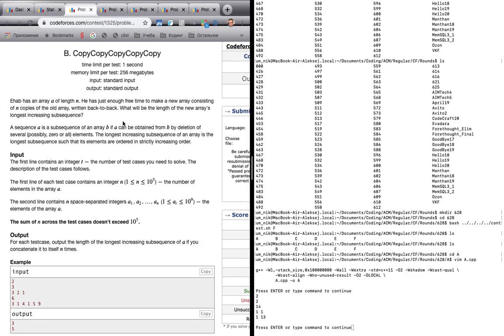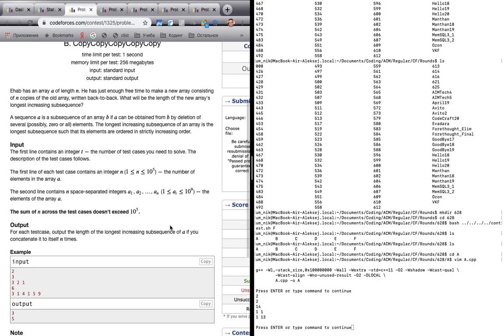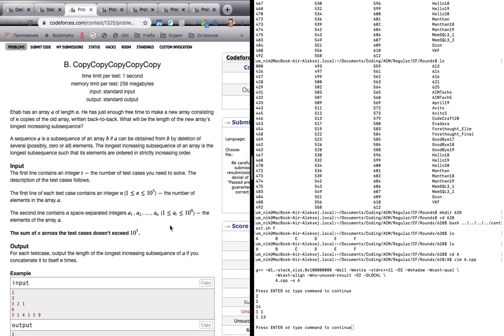This is a nice problem. So we have an array of integers of length n. Then we copy it n times. So we now have an array of length n squared, and we are asked to find the length of its longest increasing subsequence. The important part is that the length of the initial array and the number of times we copy it are the same. If it wasn't true, then this problem would be at least as hard as just finding the longest increasing subsequence,